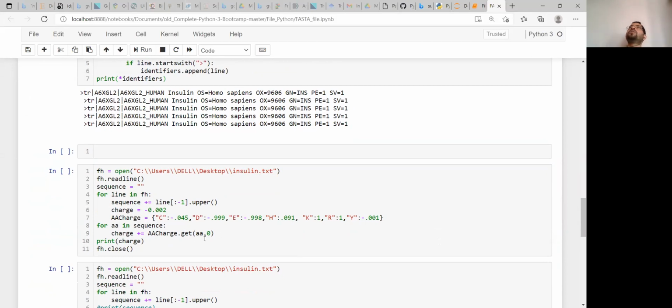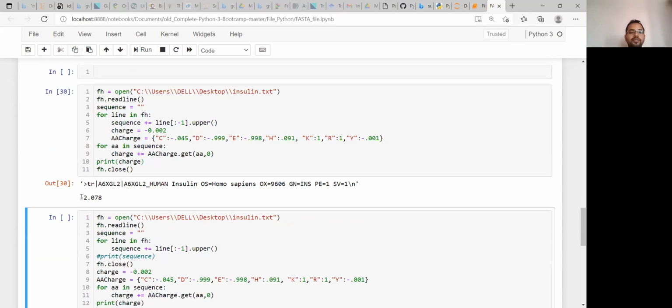You can go back and check, as we have already explained the get method earlier. Using this method, we take out C, D, E, H, K, R, Y from the total protein, and we sum up the charges of these elements. At last we print the charge. If you run this, you will get the charge here. This is the total charge of the protein.